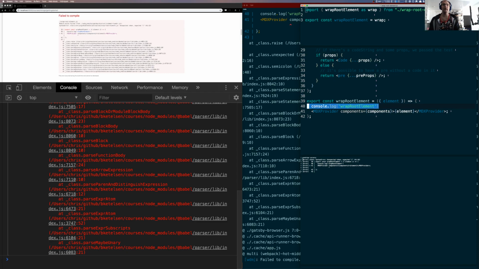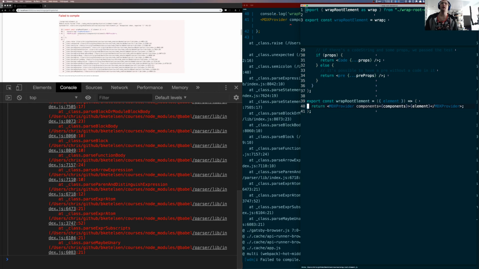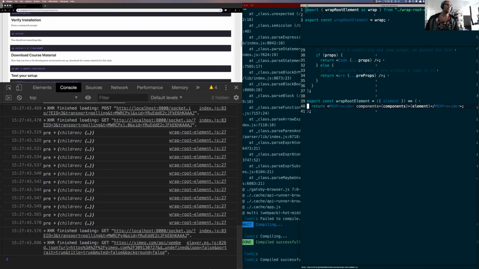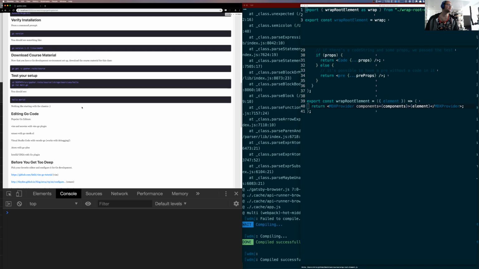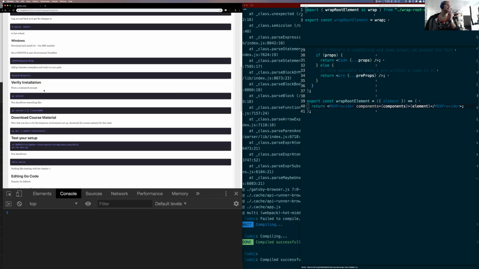Oh, I am... I make all of the worst mistakes on stream, I swear. I wasn't returning in my wrap root element. Okay, cool. So now you see that all of these are code highlighted